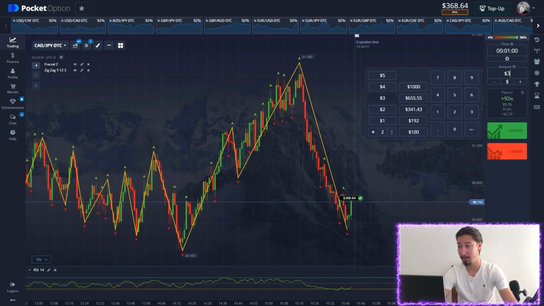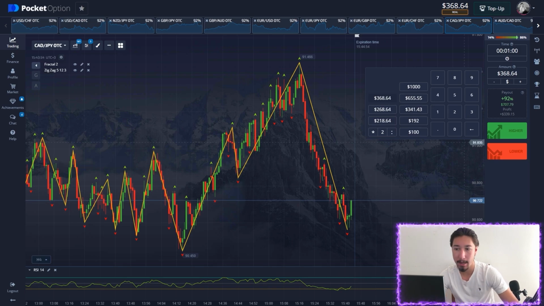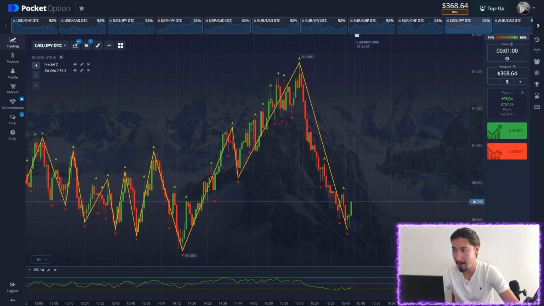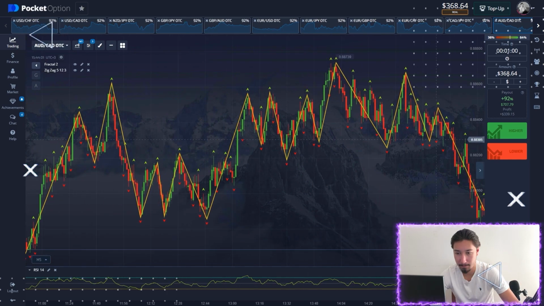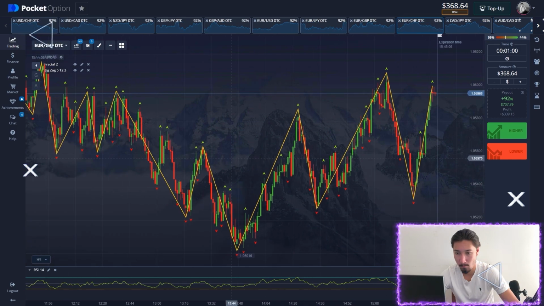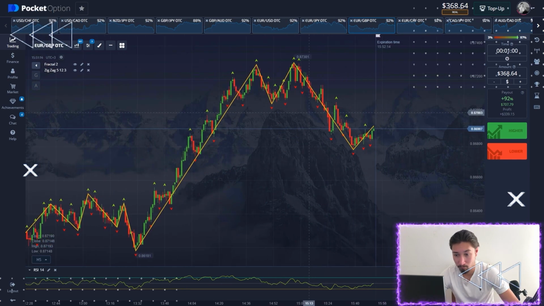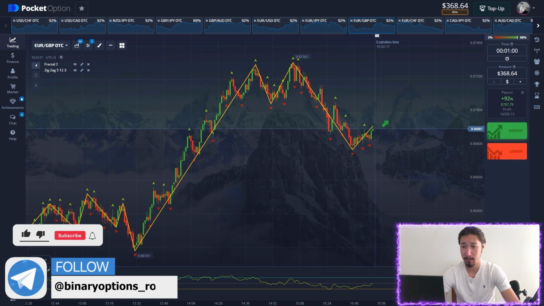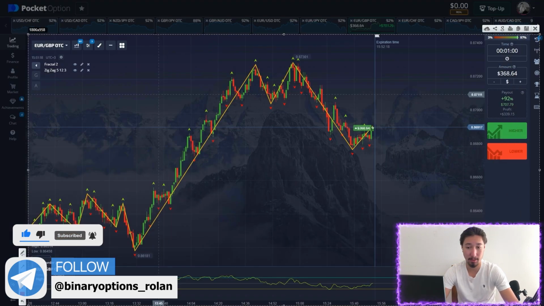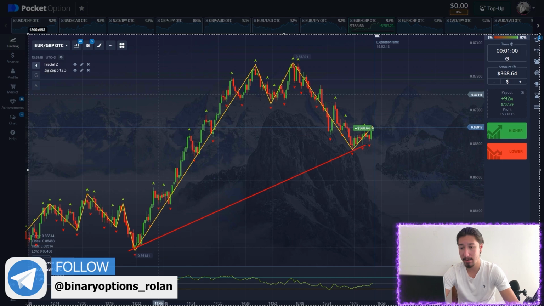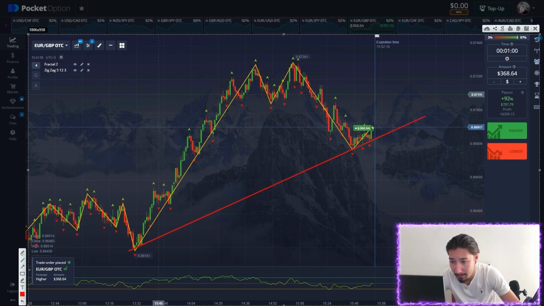That's good. Let's change the amount. We're not gonna stop here, and we're gonna see what we have on other currency pairs. Looks good. Let's open another long position, guys. I think the trade entry level is really good. We observe a healthy uptrend